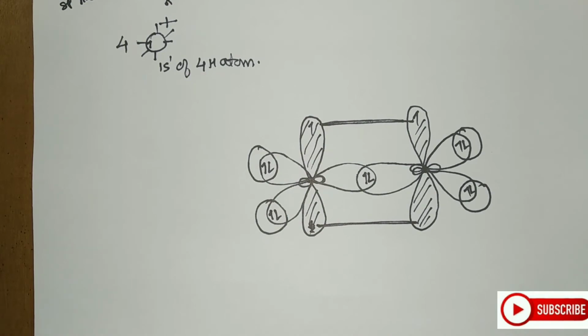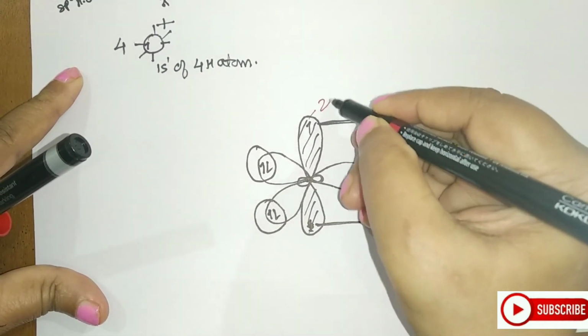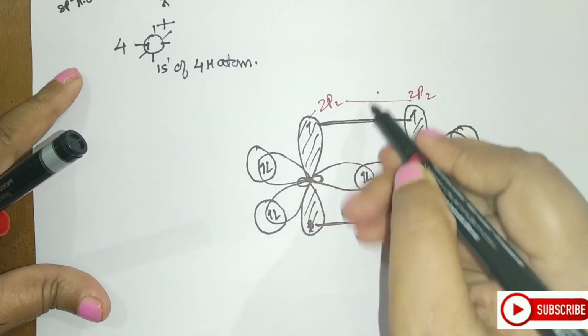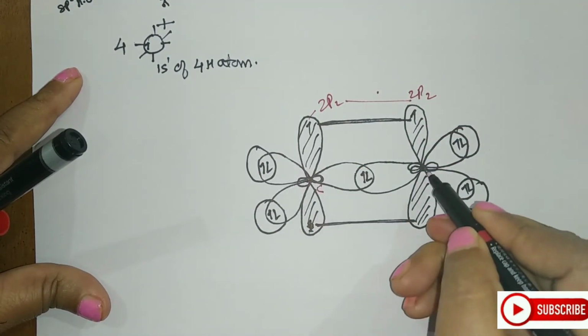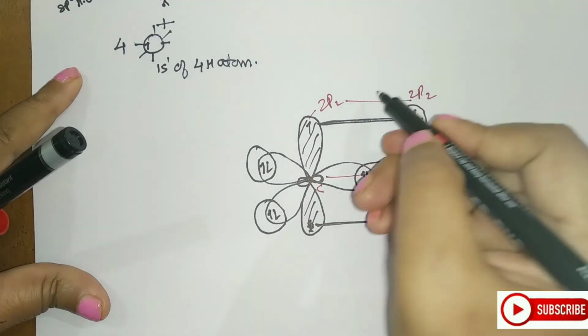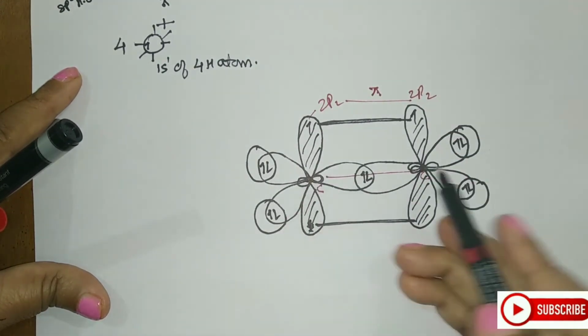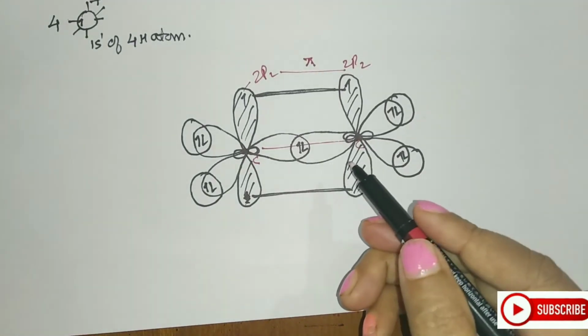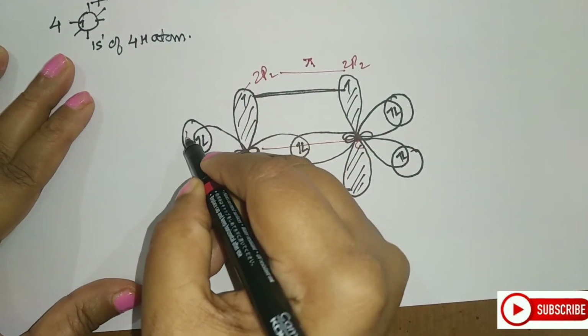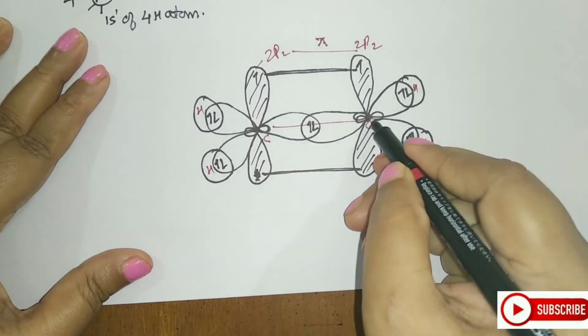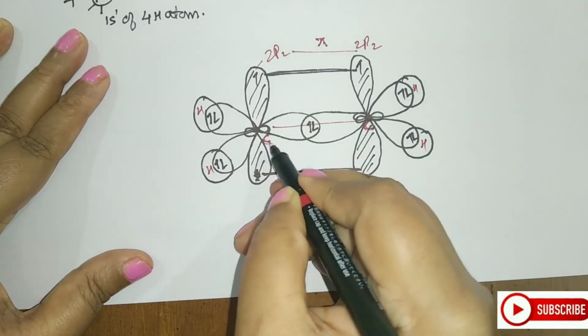Now, if you see this, this is the unhybridized 2pz and 2pz. The sigma bond formed between carbon and carbon is this sigma bond, and the pi bond is formed between 2pz and 2pz of the 2 carbon atoms. Now, what type of overlaps are we having here? This is your hydrogens here, that is the 4 hydrogens. This is your carbon and the other carbon.